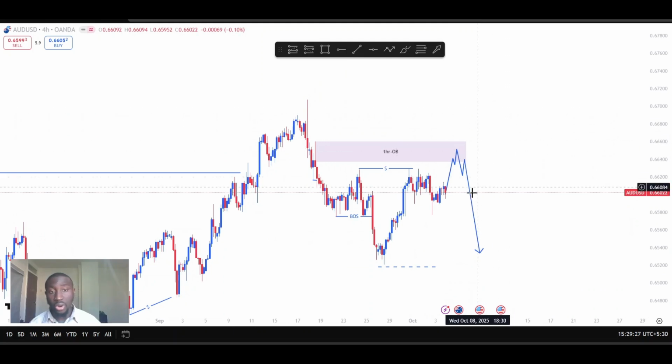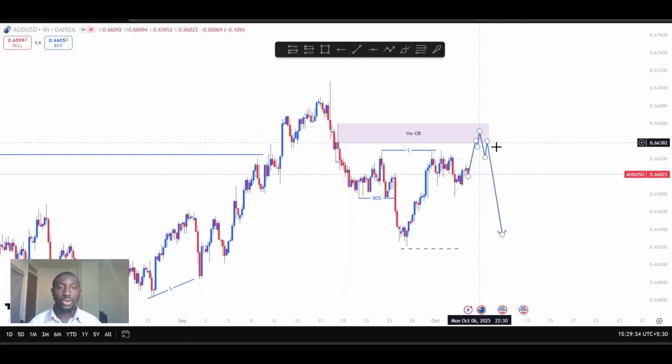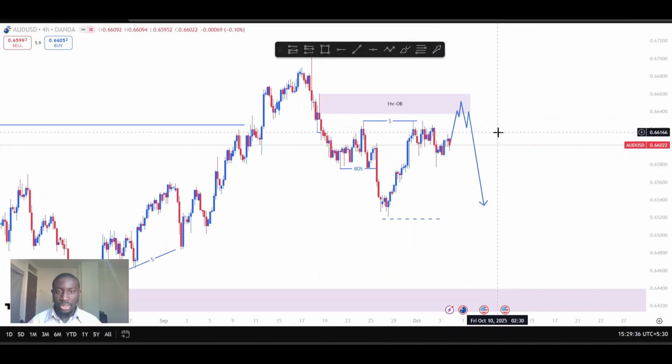I might be wrong with this setup. We might see that next week price just keeps buying and all of that, no problem. But what I'm seeing is that I'm expecting to short from this area. This is what I'm seeing. So now let's go to